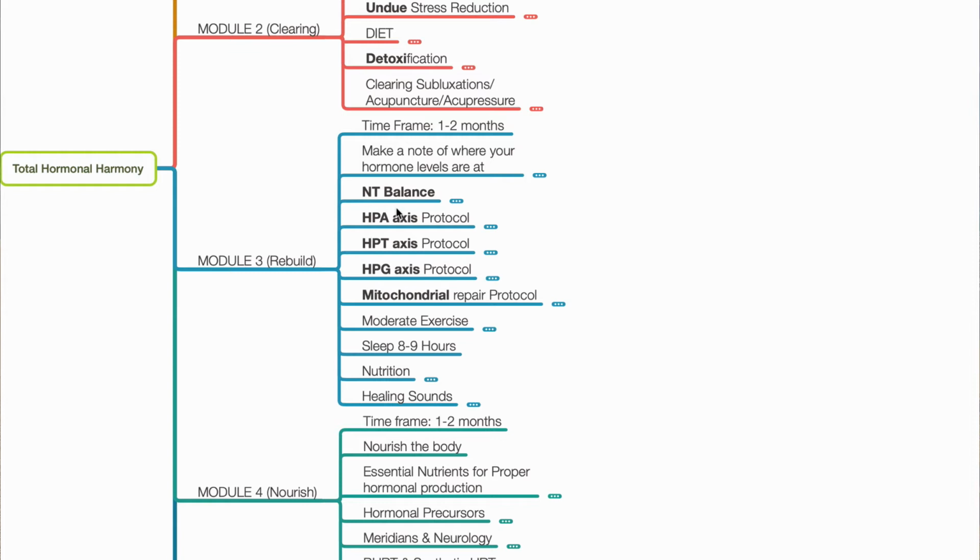So what I teach all of my patients and the students of our courses is to look at the axes. One is the neurotransmitter axis, then the HPA, hypothalamus pituitary adrenal axis, the HPT, which is the thyroid axis, and the HPG, which is the gonadal. These three are the main axes, combined with the neurotransmitters.